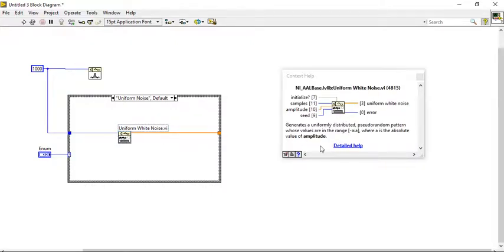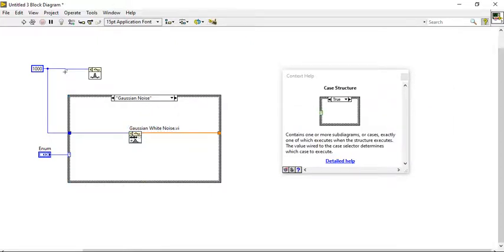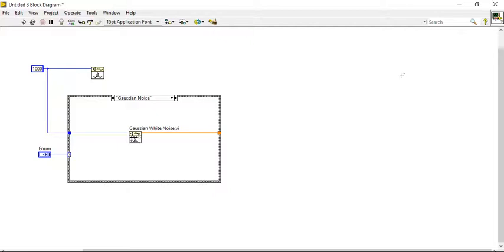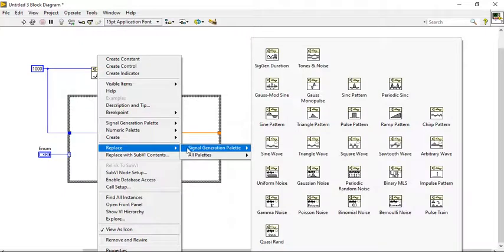Amplitude sits in Gaussian noise too, same thing you require. So now you know very well. Sorry, I think I have taken the wrong function. Sine pattern.